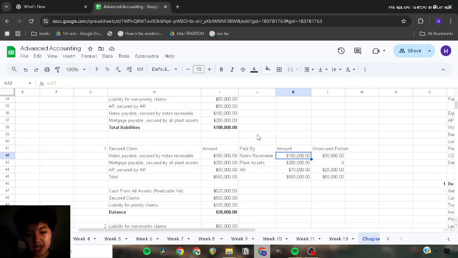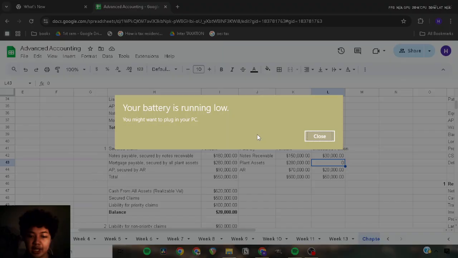Then there's the amount, and so we can calculate that if the total debt is this and the amount that can be secured is this, that means there are still portions that are unsecured. So I just calculate that, and then we get